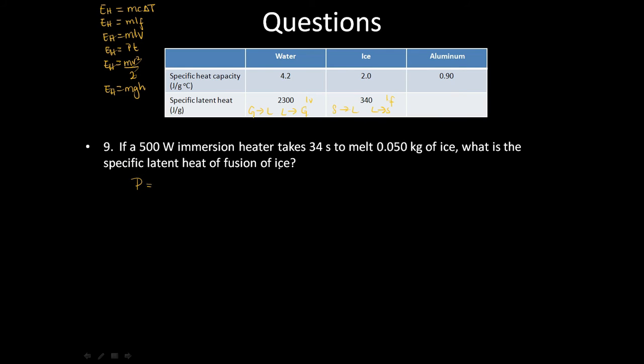They didn't mention any temperature changes here. So we have power, which is 500 watts, and that is equivalent to 500 joules per second. Then you have a time stated, which is 34 seconds, in the correct units. And then you have the mass of the ice, which is